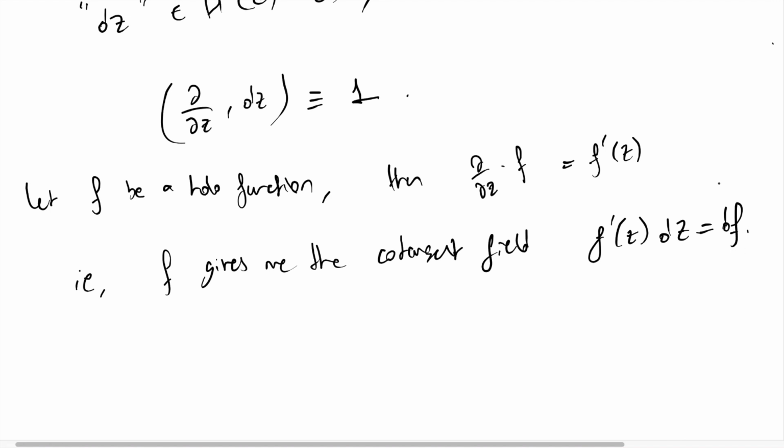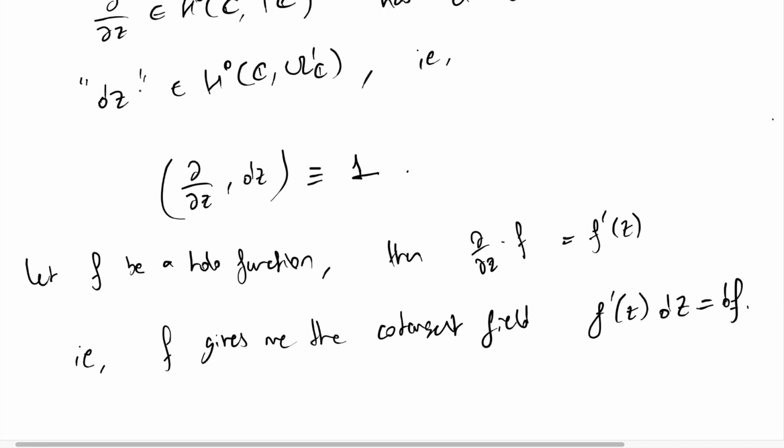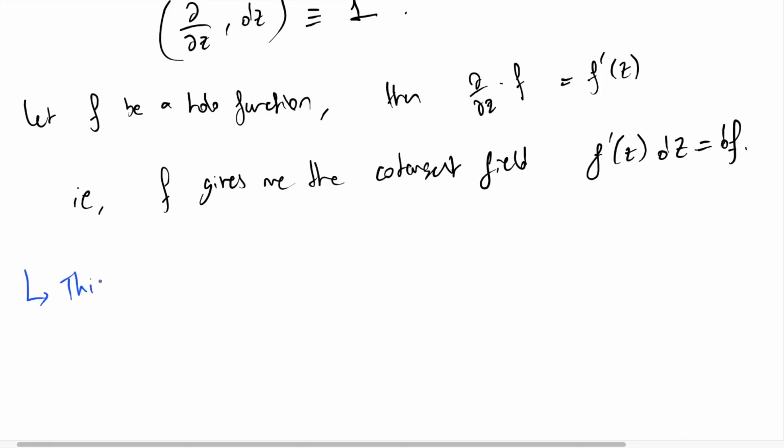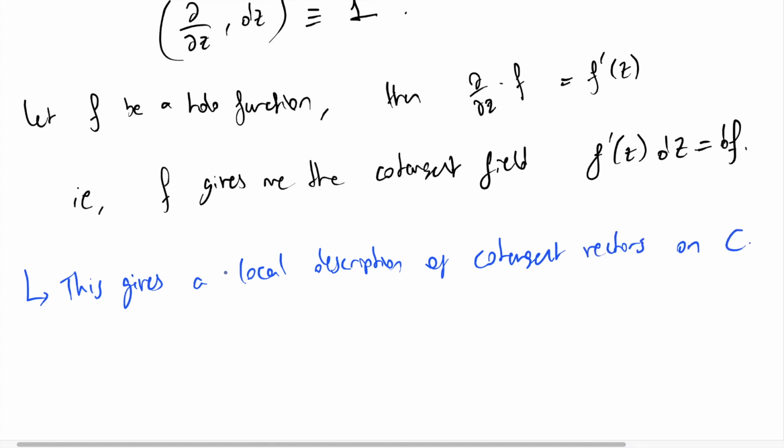So this is also consistent with how you represent df in calculus. And if we're being honest, I didn't need a coordinate to define this pairing with vectors. If you do it properly, then of course dz is just the pairing of the function z with this vector field. Hence this notation. Okay, so I've completely described all cotangent vectors and cotangent vector fields on the complex numbers. And in turn, this gives me a description of all cotangent fields on the curve locally. So I should say this gives a complete